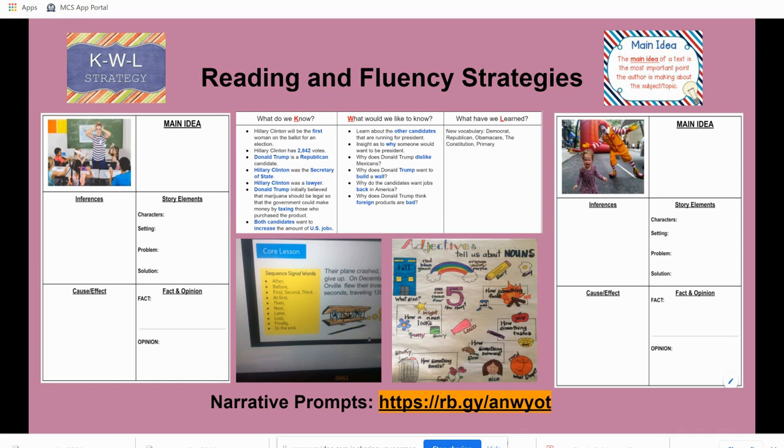Just like with our parents, if we are sending out flyers to our parents in English, we are not sending out those same flyers in English to our Spanish speaking parents. We are making sure that we translate that and provide them with the same information in their home language. So please be cognizant of that in your classrooms. If you are not a native speaker or do not have the ability to speak the other language, make sure that you are at least giving them the basics: bathroom, baño. They need to be able to tell you, I have to go to the bathroom. So you need to be letting them know those words, the transfer of those words, so that they have the ability to communicate with you.